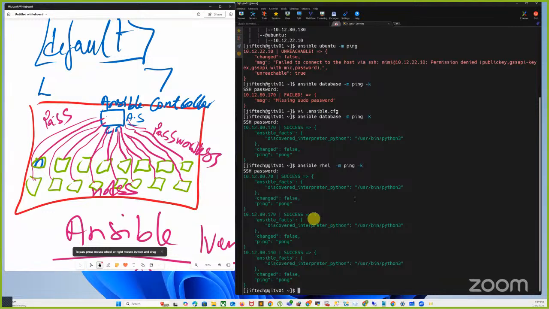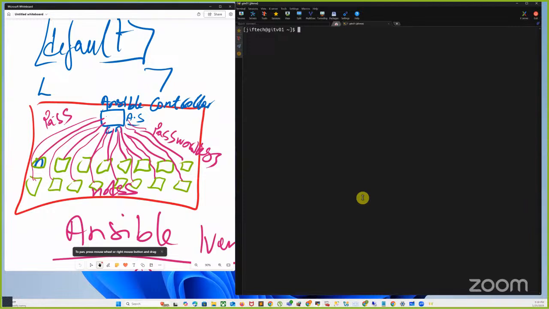The default modules that come with Ansible, some of them are like ping. There's another module called command. There's another module called shell, right? I can run a command now, I can run a shell. So let me clear my screen. I can do ansible rel, the group rel, -m command, because I want to run a command. -a for options, and my options are